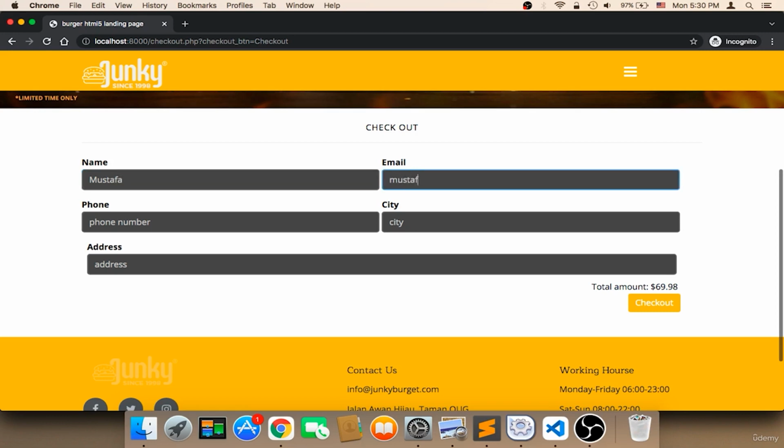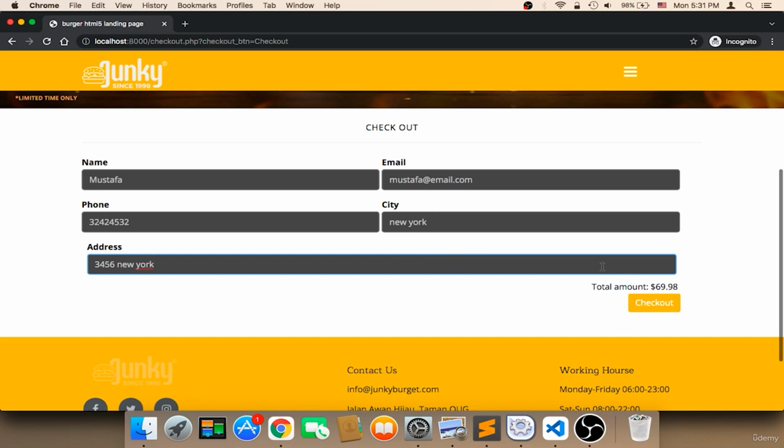and the good news about this form is that the user will not be able to check out unless they fill out the form completely. For example, if you leave one of these fields empty, it's not gonna work. If I click on checkout, it's gonna tell me please fill out this field, because this field is empty. So the user will have to fill out the complete form before checking out, which is important, because as the owner you need to get information in order to contact the customer and